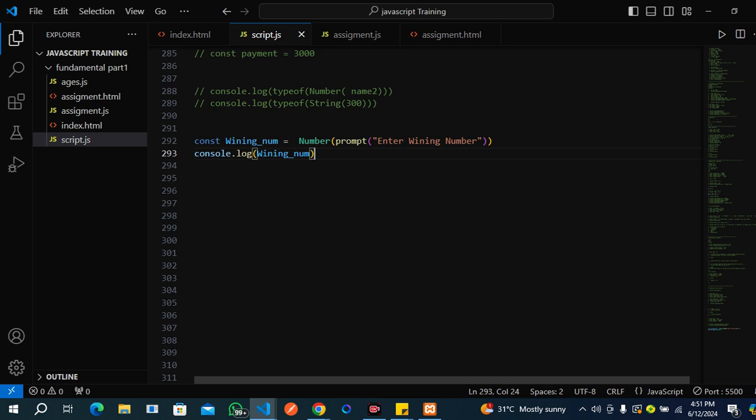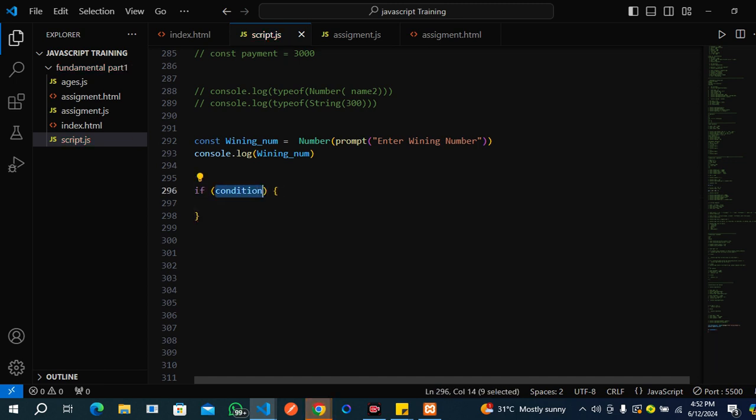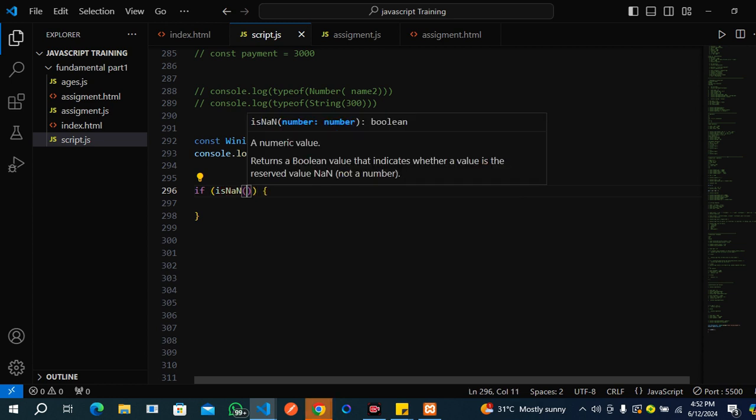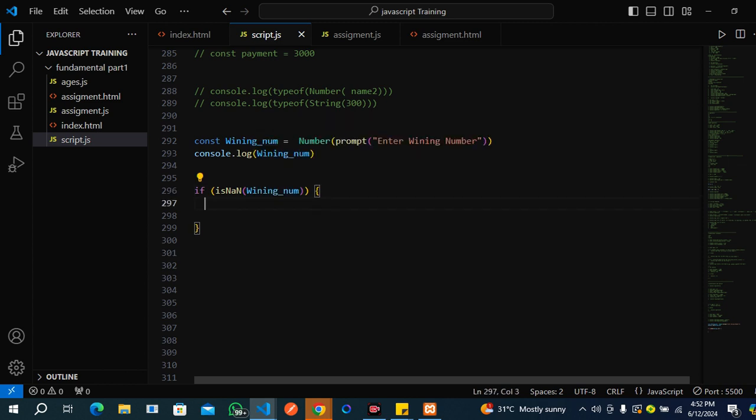So we can do this by using this. You can say if it's not a number, so we pass in the winning number variable. If not a number,